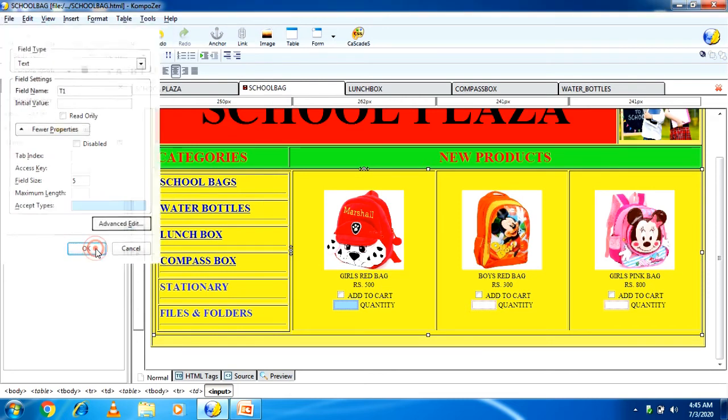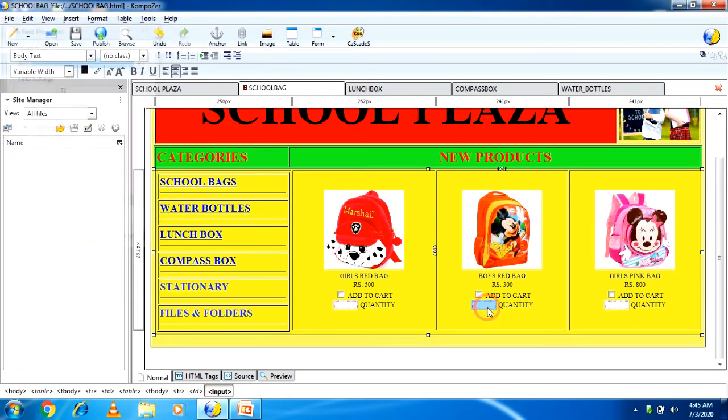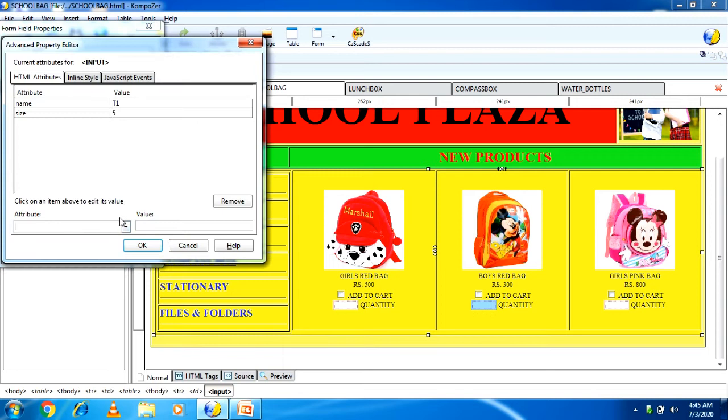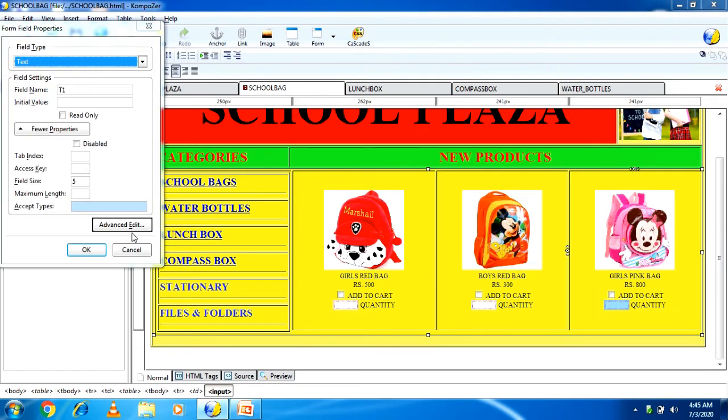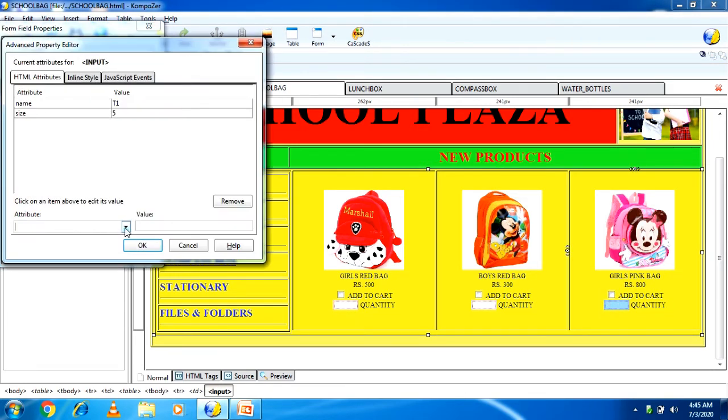Now again I am doing the same thing for the second text box. So ID I am keeping here T2. Now my third text box, here go to the advanced edit option and ID I am writing here T3. So this is the first step.